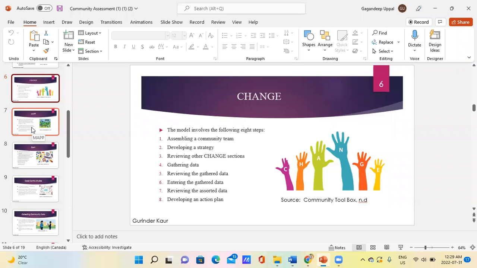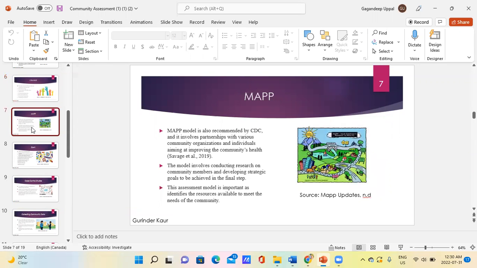Firstly, we assemble a team of community members. Then we plan a strategy or develop a strategy. After that, we review the CHANGE sessions. Then we select and gather data. After gathering data, we review that data, then ensure the gathered data. After that, we develop an action plan. So basically, in this, we make a plan, strategy, and action plan. The next is